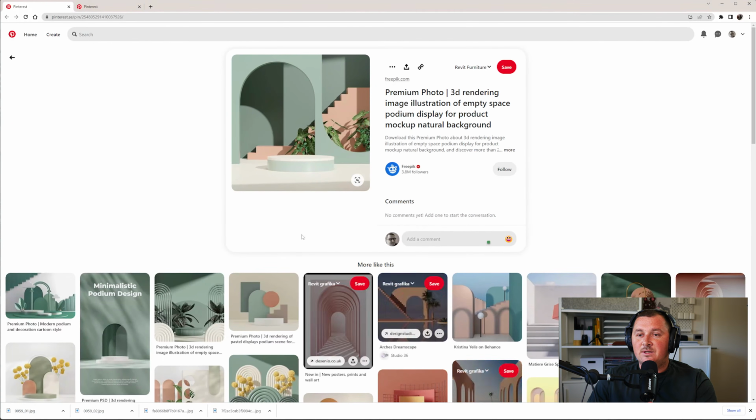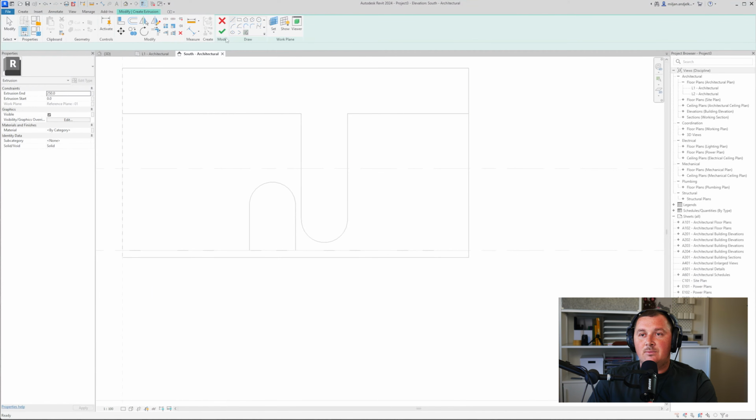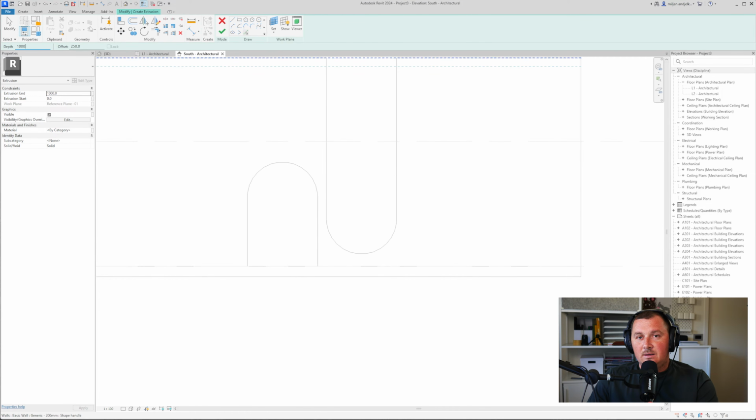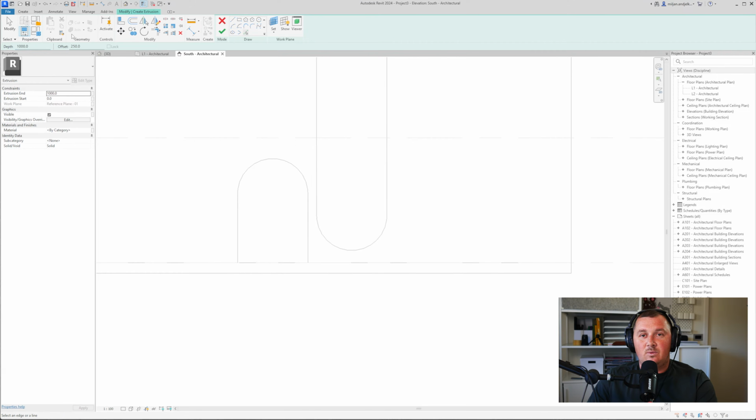Let's just take a look at the picture. So let's say that we have some distance here, and they are looking quite steep, those stairs. So I'm going to make them 250 by 250 millimeters. So firstly, I'm going to offset this for 250. And the depth is going to be 1 meter because we offset our reference plane from the wall 1 meter. So that's the depth of the stairs, while the height and the width are going to be 250. So I'm going to offset the first one, and then,